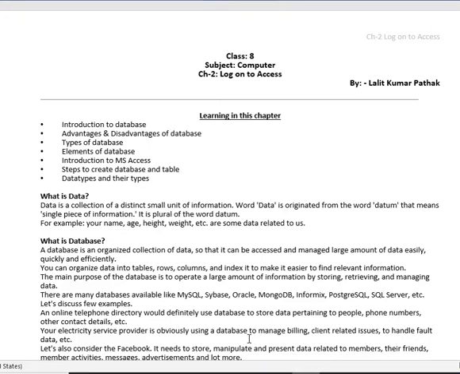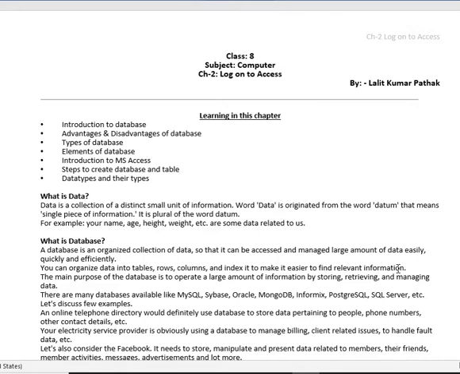So, for revision, I am going to explain chapter 2, Login to Access. It is a database application. So, I am going to revise this chapter once again.